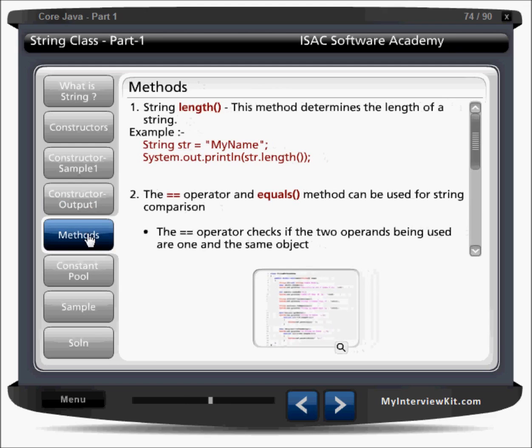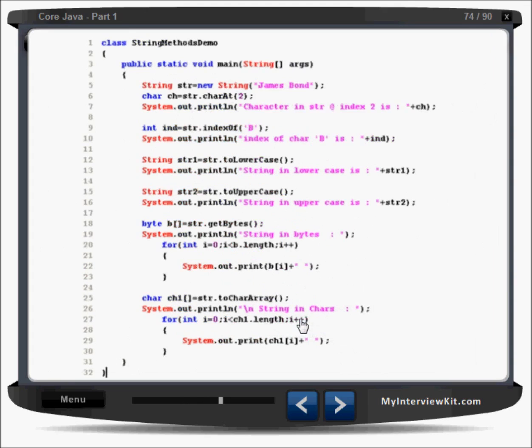Look at the methods of the String class now. The String class has several methods like charAt, indexOf, toLowerCase, toUpperCase, getBytes, toCharArray. Quite a lot of methods are there.